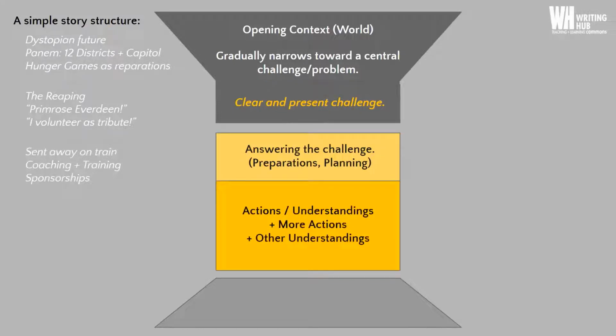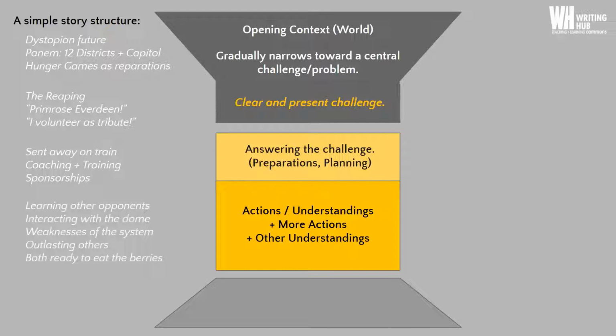And then the bulk of the story occurs as the characters engage in actions, and those actions generate understanding for those characters. From those understandings, they can engage in more actions, which create more understanding. So to the Hunger Games again, right, we see that Katniss learns about other opponents that she's competing against. She learns how to interact with the dome, or the system that the Hunger Games is in. She understands and learns the weaknesses and the strengths of that system. She has to outlast others in very brutal ways.